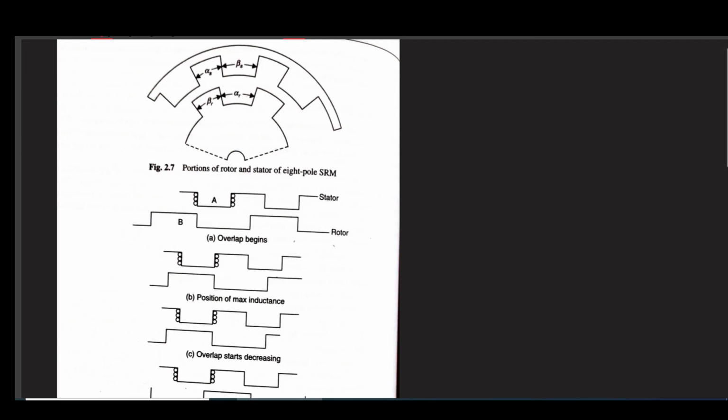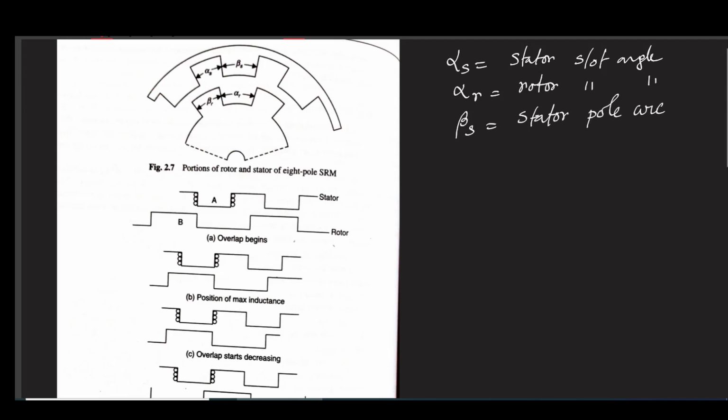So let us consider an SRM with alpha S equal to the stator slot angle, alpha R the rotor slot angle, then beta S is the stator pole arc in degree or radian, beta R the rotor tooth arc in degree or radian, then n is